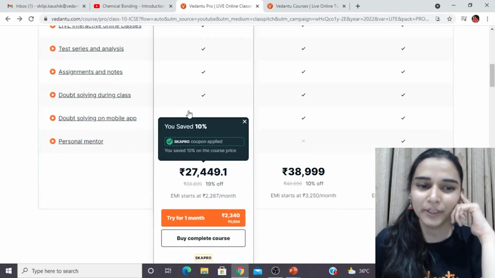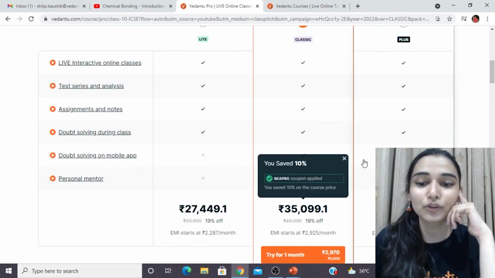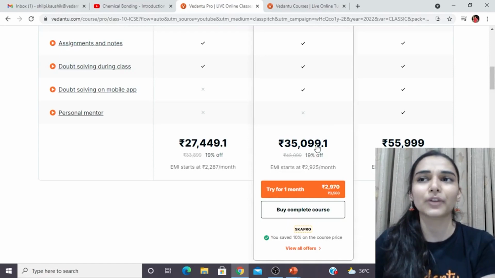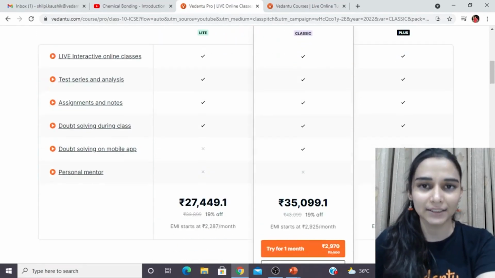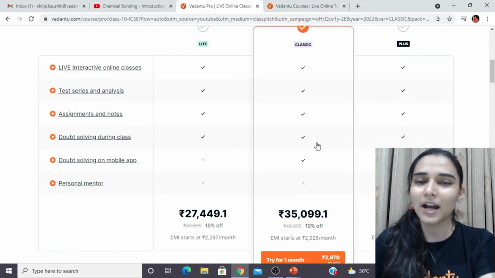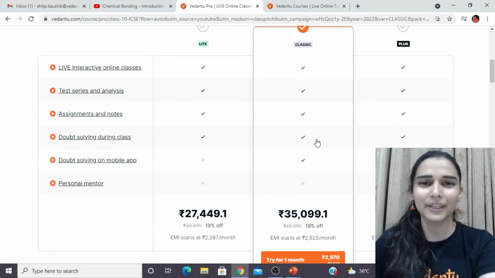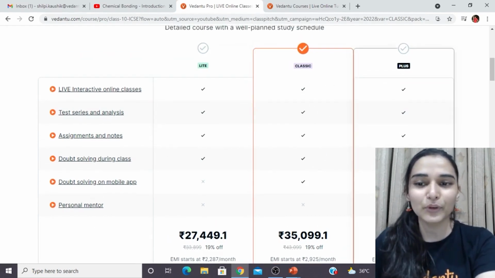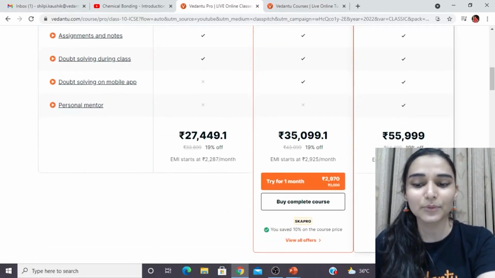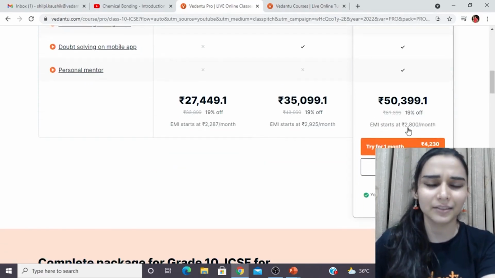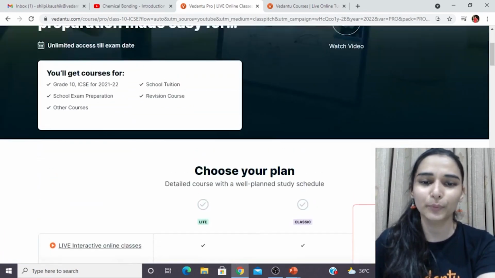Then in the classic subscription you also are gonna get this doubt solving mobile application. So if you are someone who is solving a lot of questions, you are preparing for foundation exams, then go for classic. Okay? The doubt solving time is like around 8 AM to 11 PM. As many doubts as you are having, you can get all of them resolved. That is also a very good feature, classic. And then we have personal mentor, which you get in the Plus subscription for extra guidance, for extra, you can say, assignment discussion, for career counseling sessions. You have any other confusion in any subject, you would be getting a mentor.